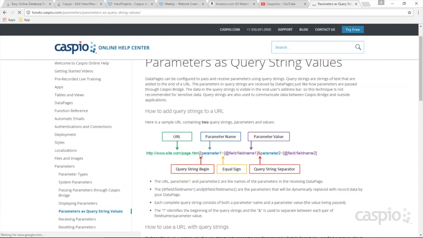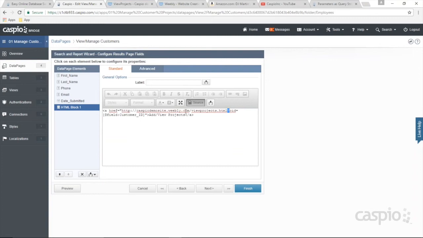All right, so here is the question mark for the query string, then your parameter name, which I called CID, then there's the equal sign, and then you add the field that you wish to pass to a different web page. Okay, now once you do that inside Caspio, once you configure this correctly and hit finish,